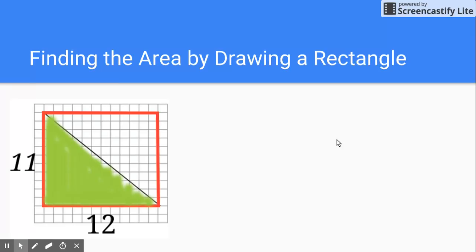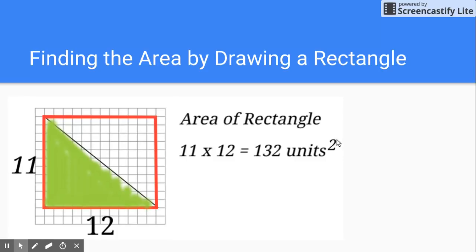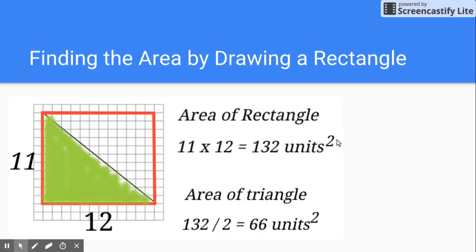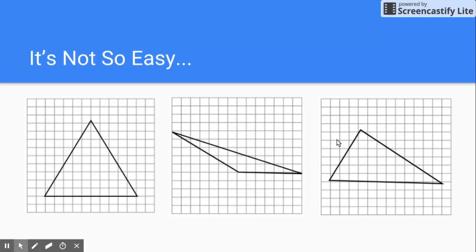So I could find the area of the rectangle by multiplying the length and the width, and I would get, in this case, 132 units. But my triangle is only half of that space inside, or half of that area inside. So if I take the 132 units squared and divide them by 2, I will get the area of that triangle. Now, it's not so easy to find the rectangle that you can draw around all the different sorts of triangles. So I'm going to show you how to find the area by identifying the base and the height that